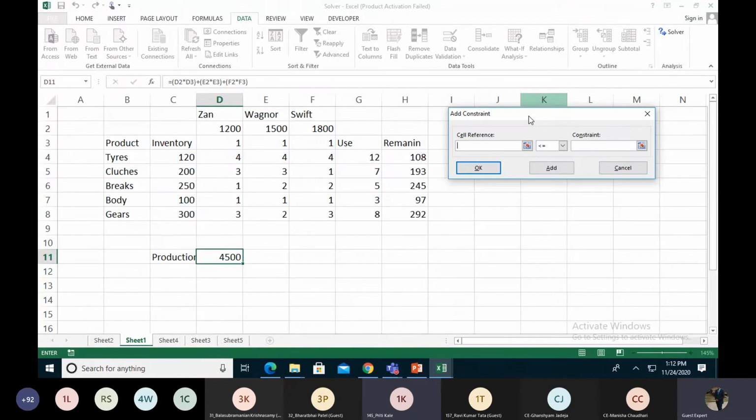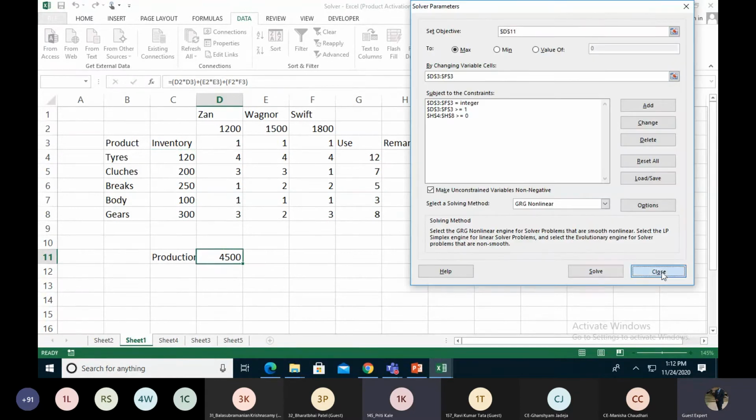We just select this cell, and then check if this is going to be greater than or equal to 0, and then we add the constraint. You can also check by range: put in the cell range, and then check the range between the other range as well, like this. Okay, sir, thank you.